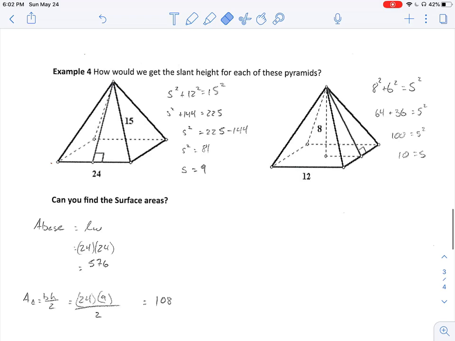Example 4, how would we get the slant height of each of these pyramids? So the slant height is basically this height here. So we have the base and we have one of the edges, but that slant height, how do we calculate that? Well, we have this base length is 24. So we think about drawing that imaginary triangle to the middle of